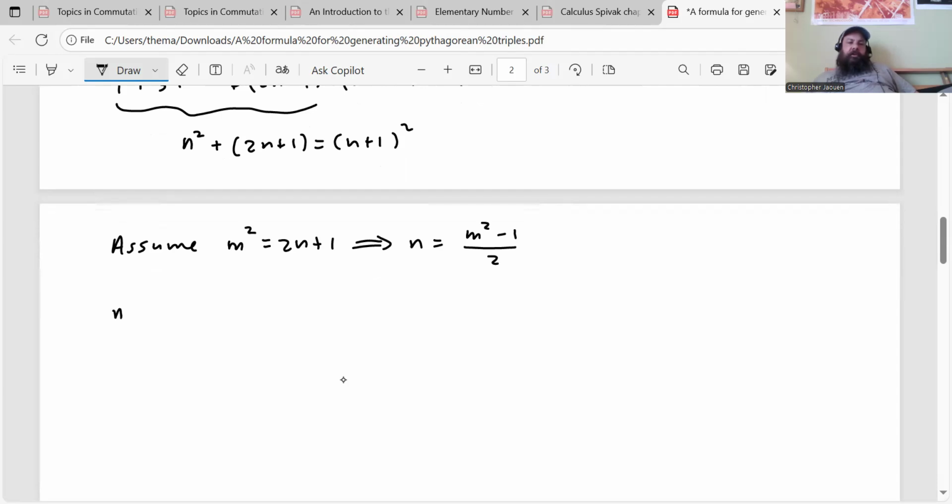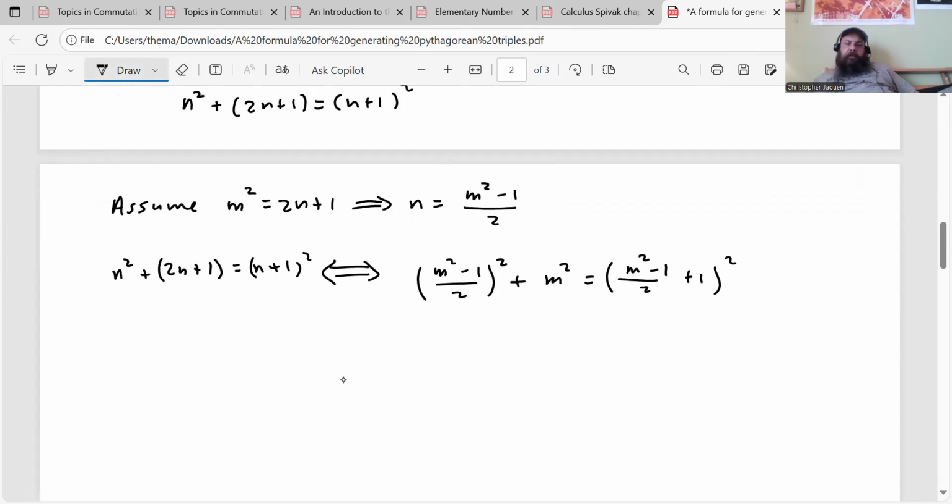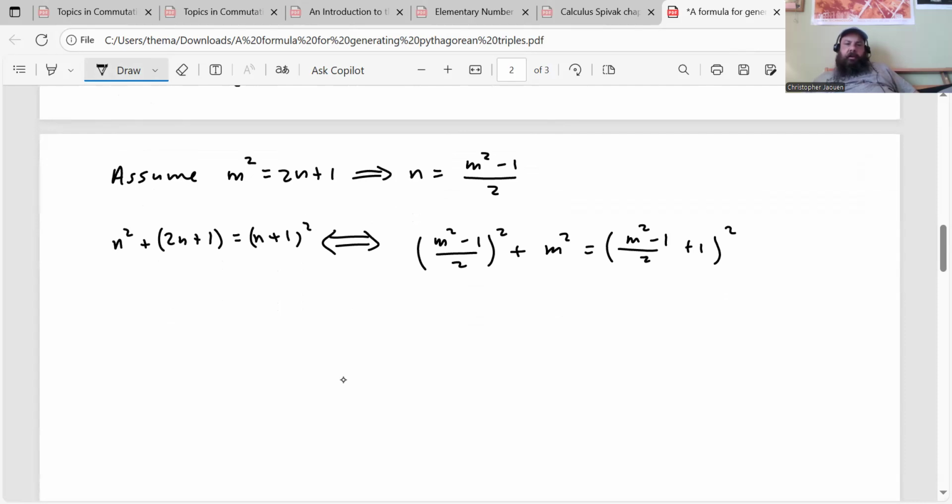So in other words, n squared plus 2n plus 1 equals (n plus 1) squared becomes ((m squared minus 1) over 2) squared plus m squared equals ((m squared minus 1) over 2 plus 1) squared. Let me just fix that. All right, and then I can simplify this. So this gives me (m squared minus 1) squared over 4 plus m squared